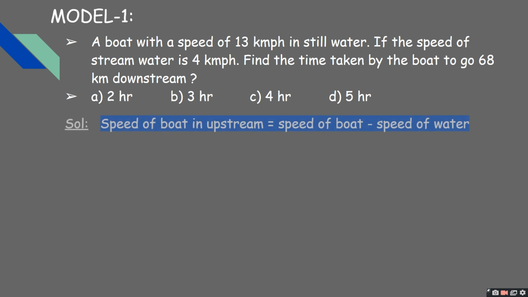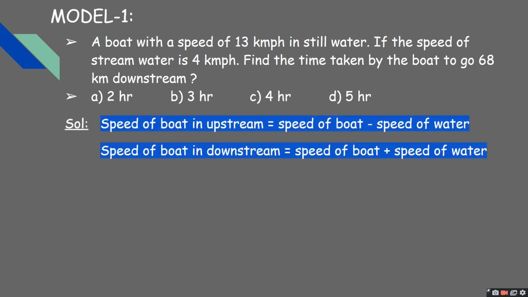There are two basic formulas to solve boat and stream problems. Those are: speed of boat in upstream equals speed of boat in still water minus speed of water. Speed of boat in downstream equals speed of boat in still water plus speed of water. Given that the speed of the boat in still water is 13 km per hour and the speed of stream water is 4 km per hour, we have to calculate the time taken by the boat in downstream to cover a distance